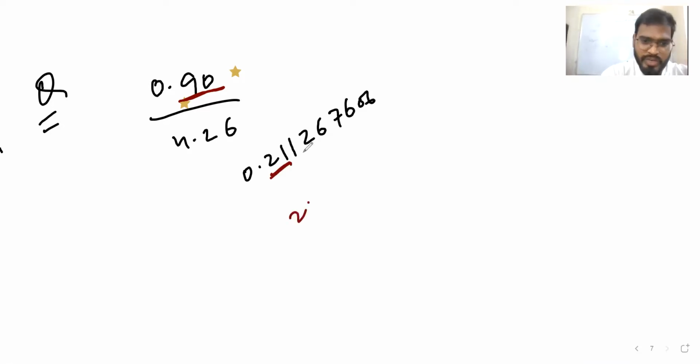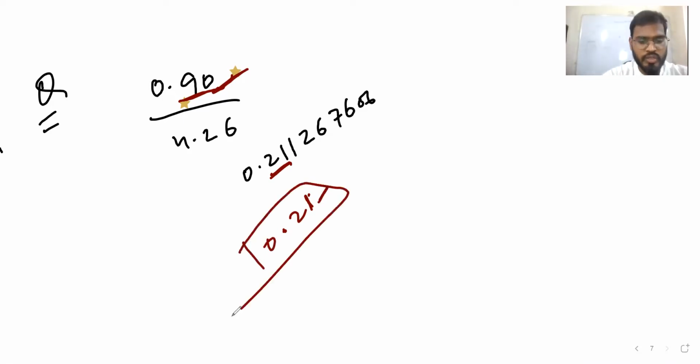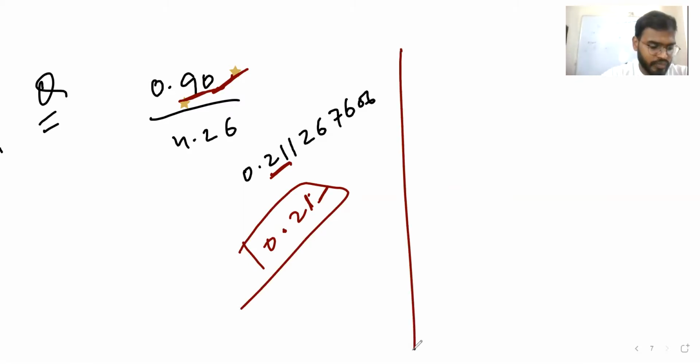So 0.21, this has 2 significant digits, and here also 2. So 0.21. That is multiplication and division.